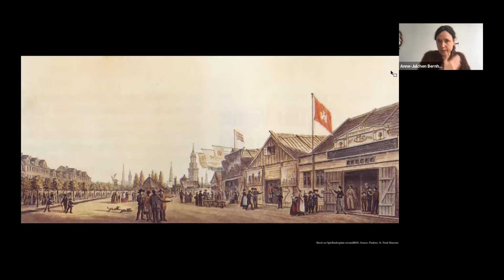So the name of the site, Spielbude, bears the program.